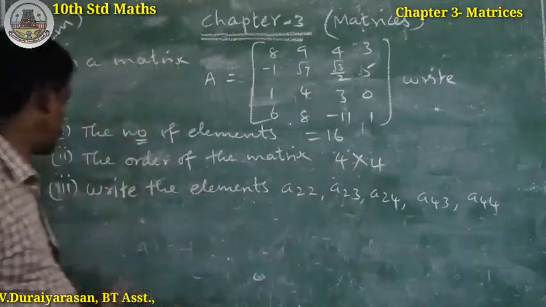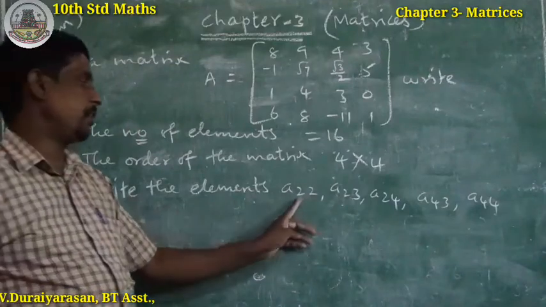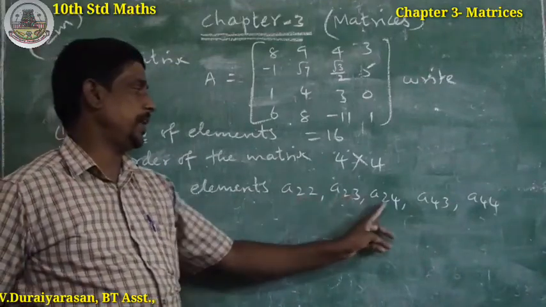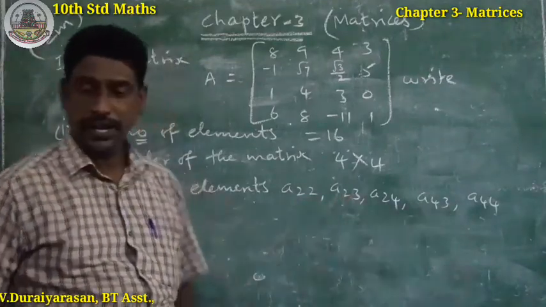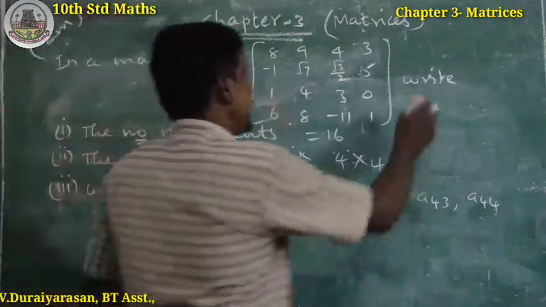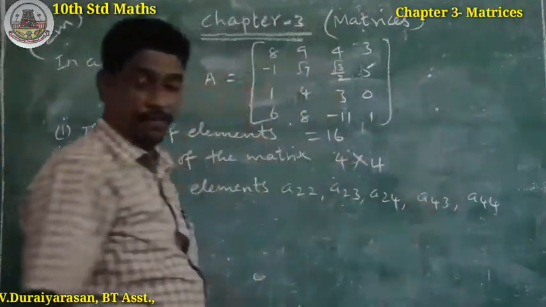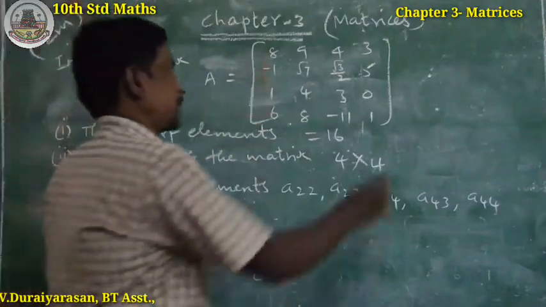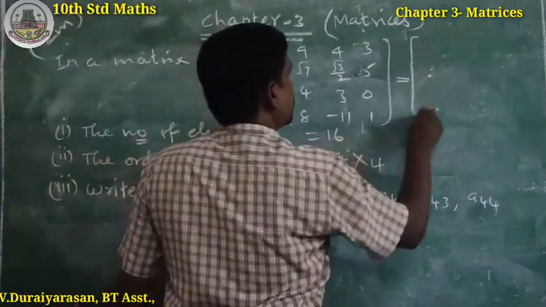Next, write the element of A22, A23, A24, A43, A44. What is the order of the matrix? The given matrix is a 4 by 4 matrix. So general form of the given matrix: